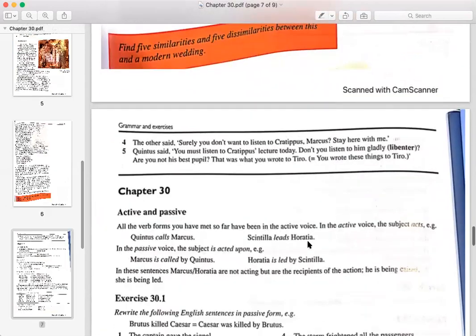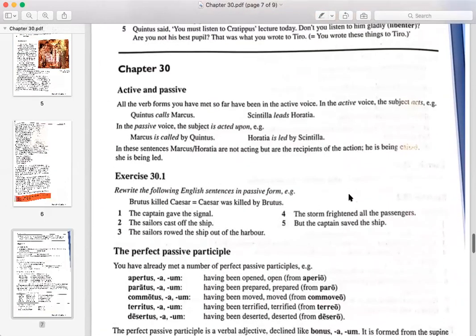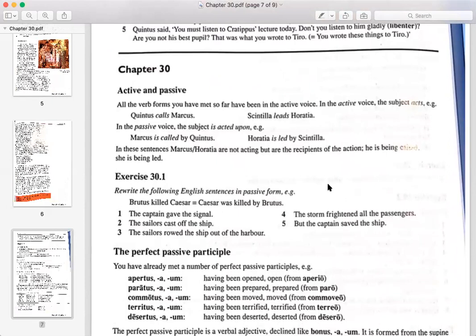Okay, let's take a look at the grammar. So the first thing we need to look at is the difference between active voice and passive voice. Everything you have had so far in Latin has been in the active voice. Perhaps you've heard your English teachers talk about writing in the active voice and trying to avoid the passive. English tends to think that the passive voice is weak writing, like if you're in journalism, you are basically not allowed to write in the passive voice. Latin is a little more nuanced as far as the voices go than English is.